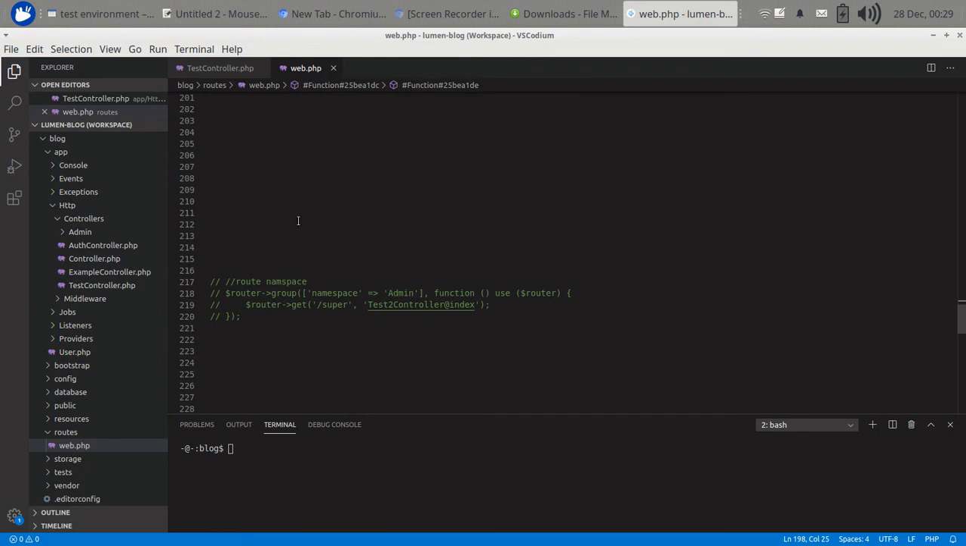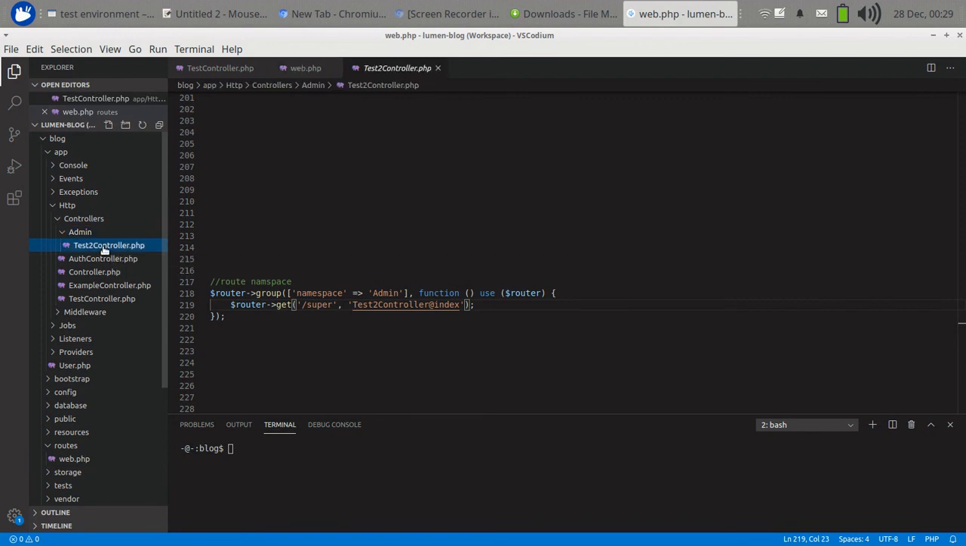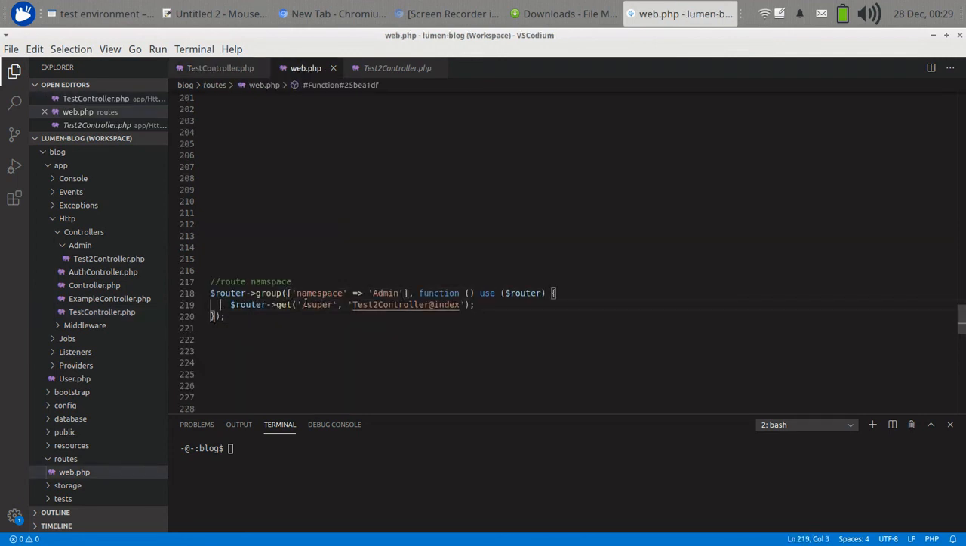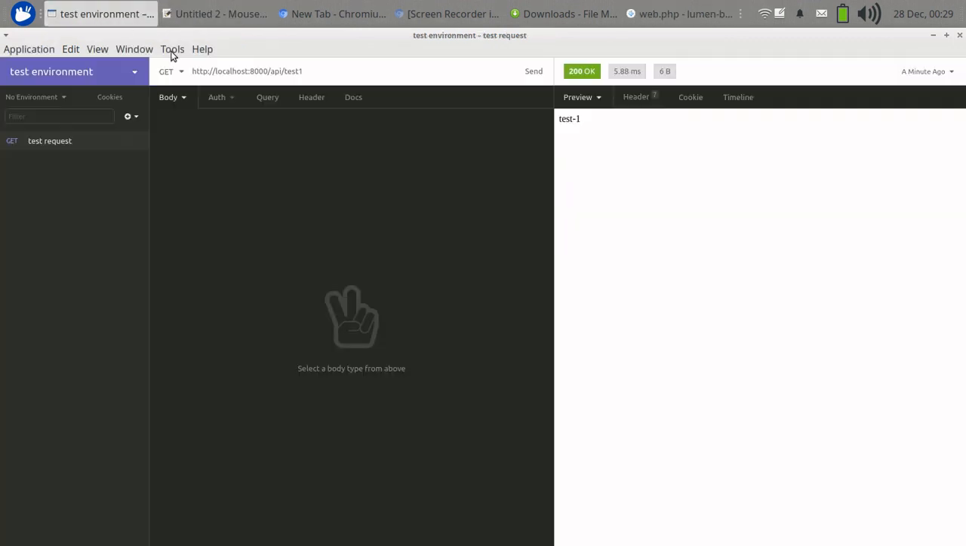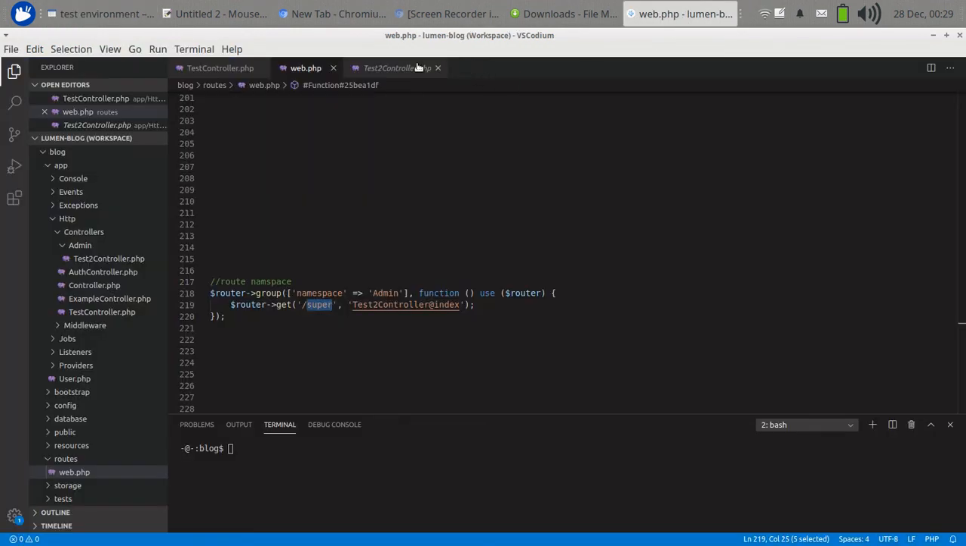The last topic is the route namespace. You can also define different routes under a namespace. Suppose you have some kind of admin section in your Lumen API, and under this you have some controllers, and we need to define the path routes. We can do this using the group, using the namespace keyword. So let's access it. Admin test activated, and we are returning here